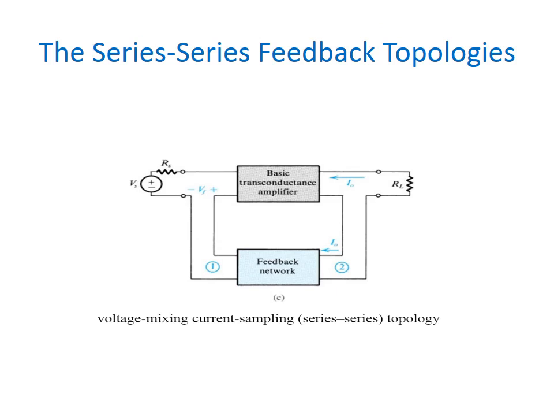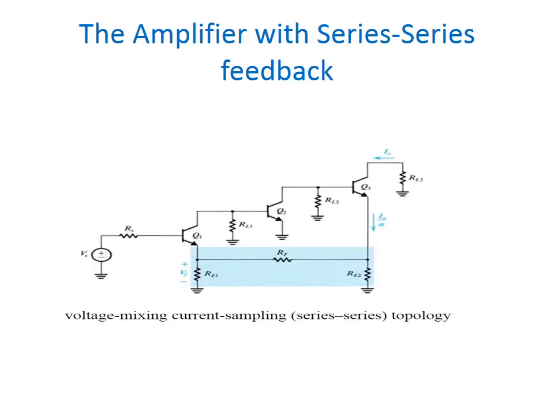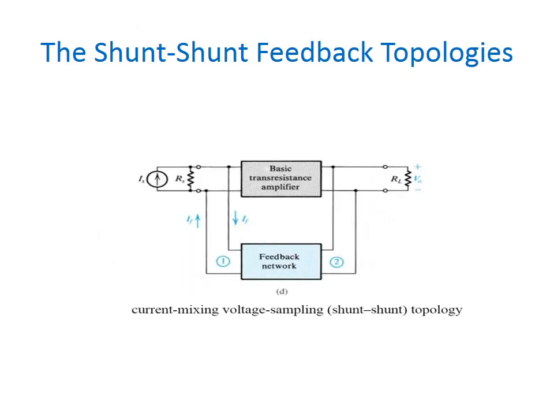Next type is the series feedback topology, otherwise we can call it the current series feedback topology. Here a portion of the output voltage is applied to the input voltage in series through the feedback circuit, by which it is apparent that the feedback circuit is located in series by means of the output as well as the input. When the feedback circuit is applied in series through the output as well as the input, both the output impedance as well as the input impedance will be increased. So this is the basic amplifier using series feedback.